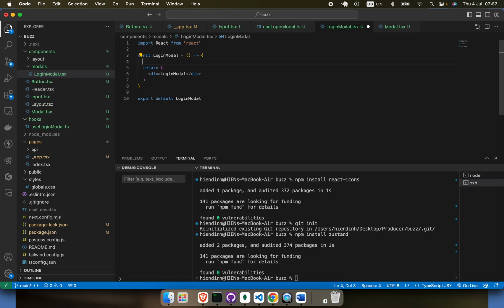So const onSubmit is going to be equal to useCallback. And here we're going to write a try and catch block. So make sure that the useCallback arrow function is actually asynchronous like this. Let's handle the error for now. All we're going to do is console log error. All right. Now,